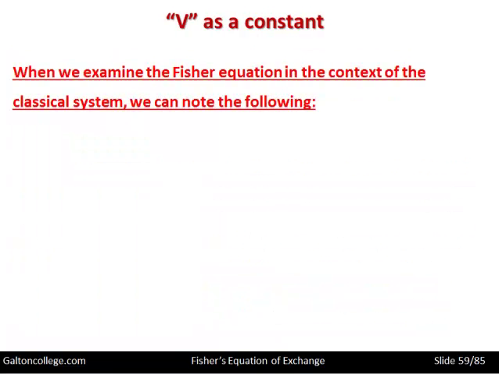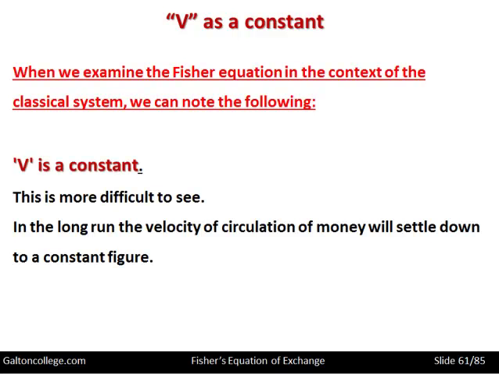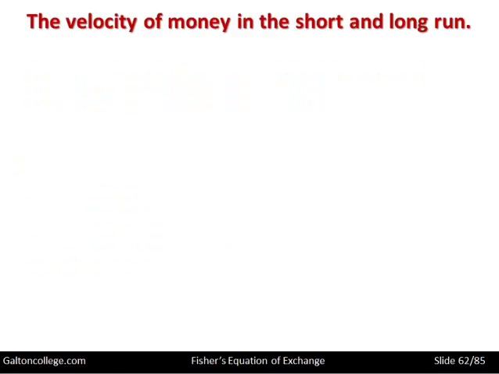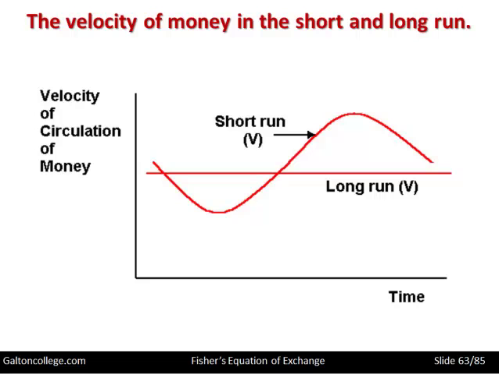Now V, well, V is a constant. This is more difficult to see and to understand. Is V a constant really? In the long run, the velocity of circulation will settle down to some constant figure. But if you consider, let's say, the short run and the long run, in the short run, let's say that